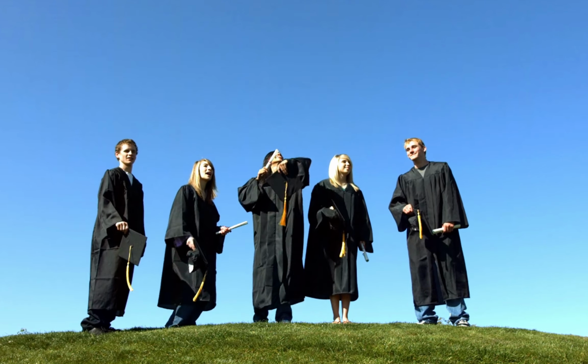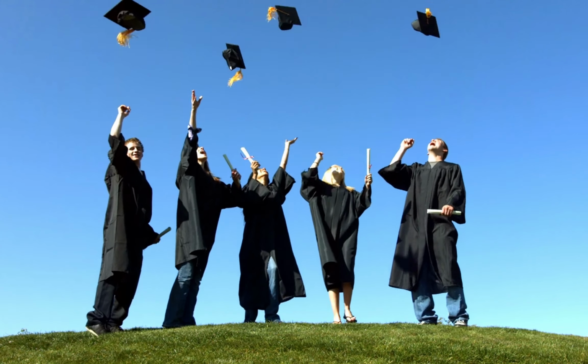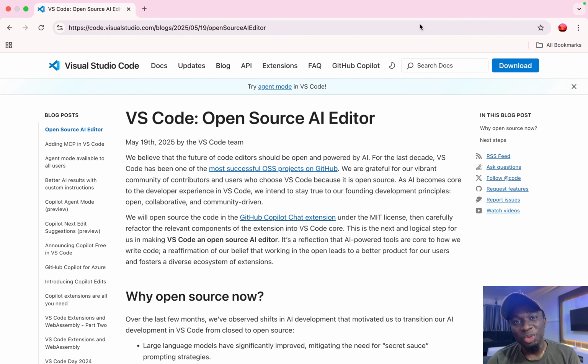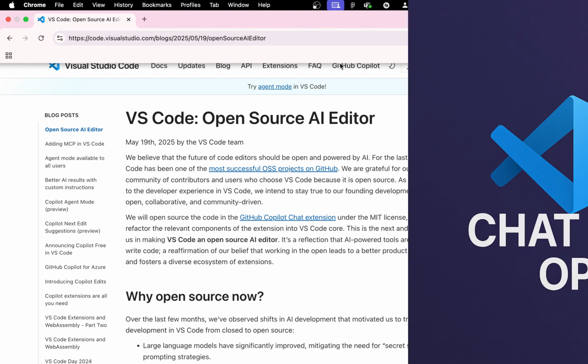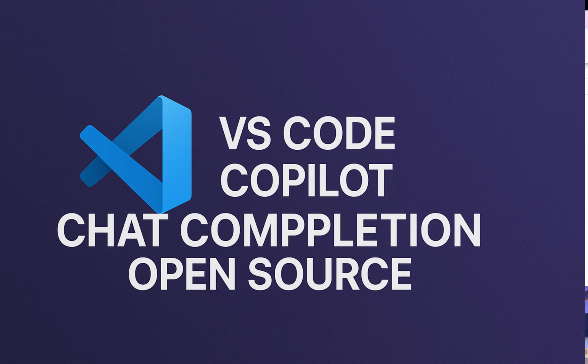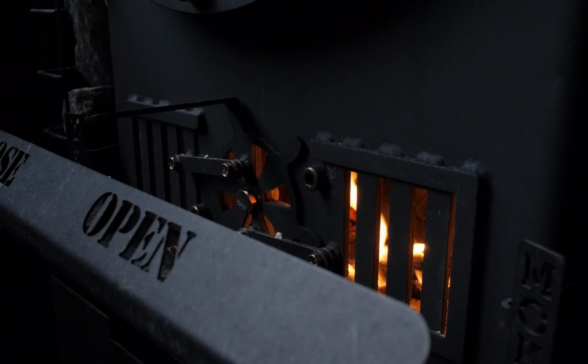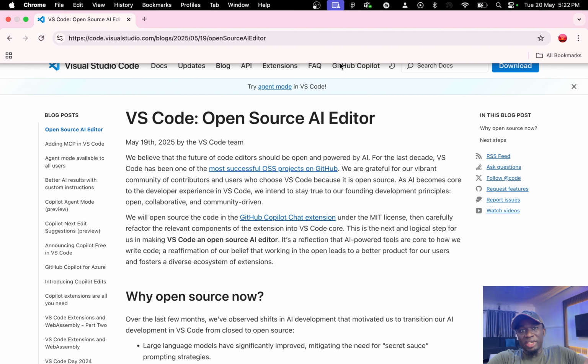Microsoft just open sourced it. They believe that the future of code editors should be open sourced and, most importantly, be powered by AI. What this means is that the GitHub Copilot Chat extension is now open source and its source code will be released